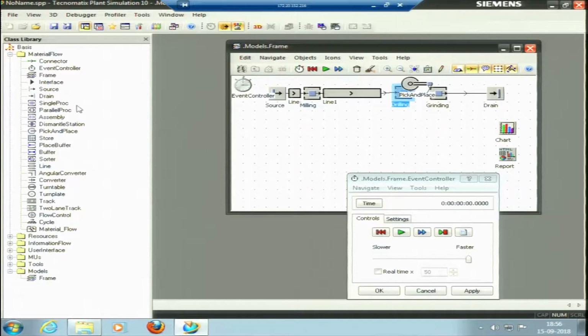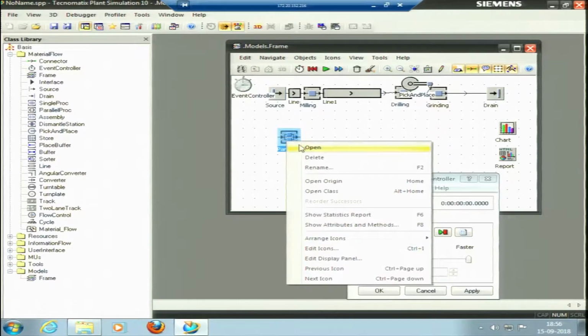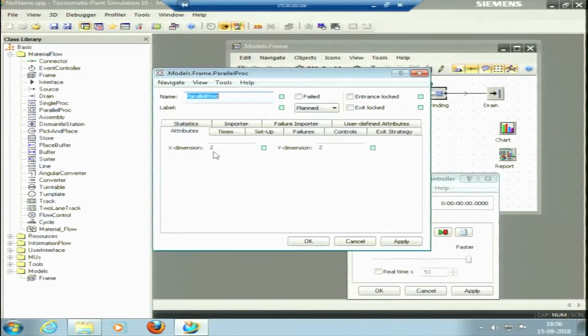So this is the connector, I have talked about this. Event controller is done, then frame is done, interface is done, source, then drain. Single process is one process. Parallel process: if I put a parallel process and right click and open, parallel processes are used when we have exactly the same machines.